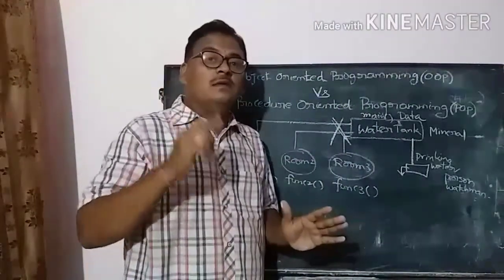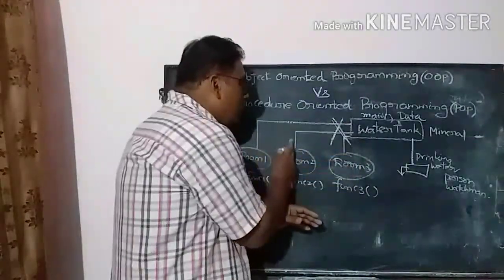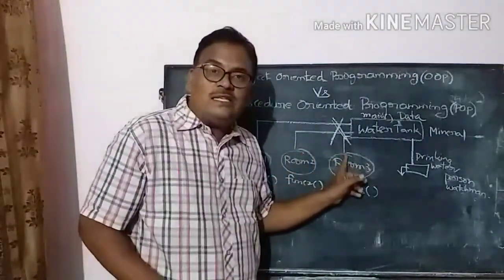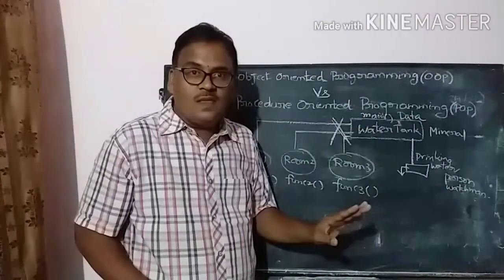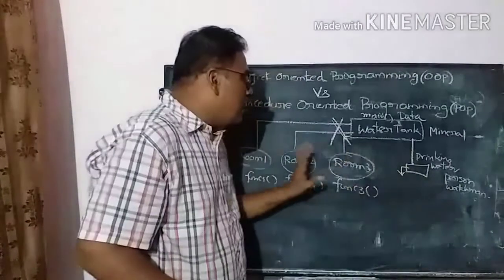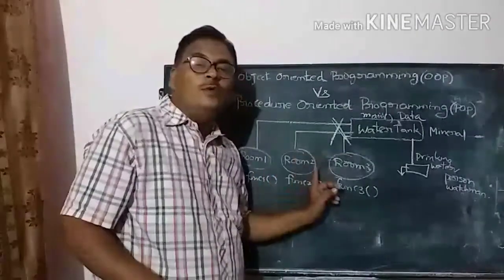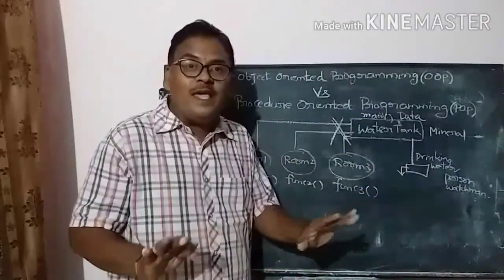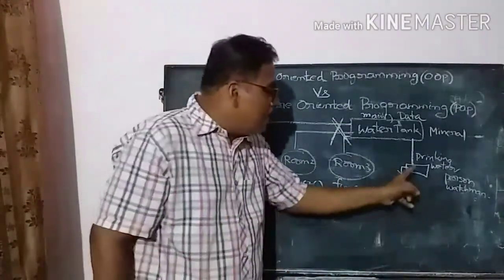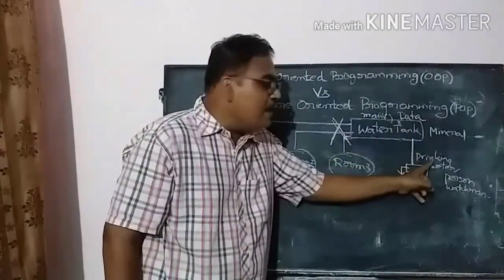Okay, I again tell you, in procedure oriented programming, we concentrate only on logic rather than data. In case 3, just observe, here I close entire points for room 1, room 2, room 3. So data cannot be given directly to these 3 functions. It is hidden. This is OOP. Data can be used for drinking purpose only.